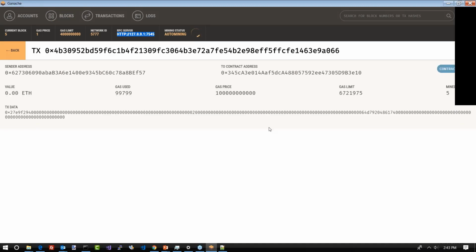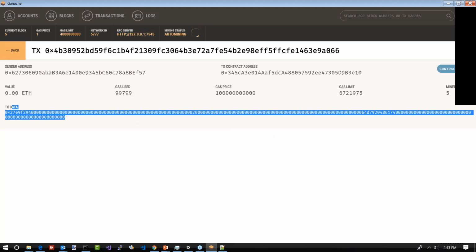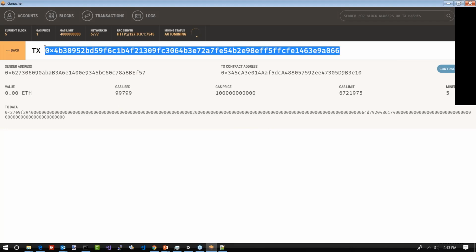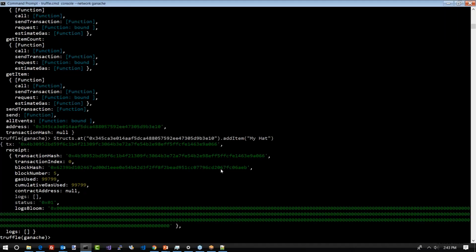If I went into a hex editor, I could actually see that data in this transaction. But to debug this transaction, I need this transaction hash right here. So I'm going to grab it out of Ganache and go back to my Truffle console. And if I go debug,